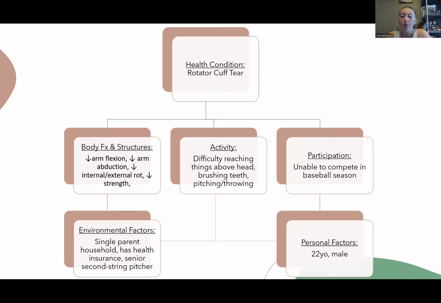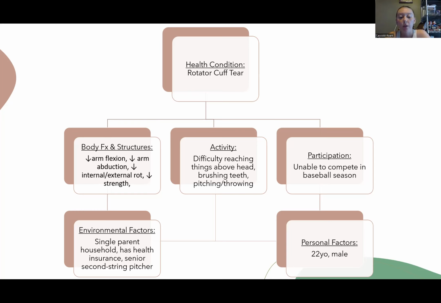Participation would be he's unable to compete in his baseball season, or at least part of the baseball season, depending on how bad the tear would be. Environmental factors for this patient is he comes from a single parent household, but he has health insurance, and he's a second string pitcher in his senior season,